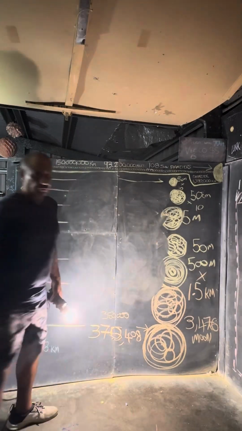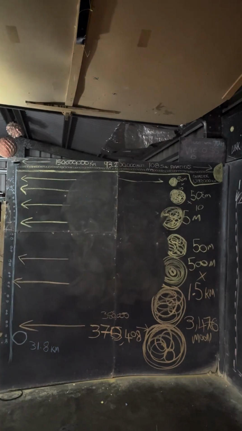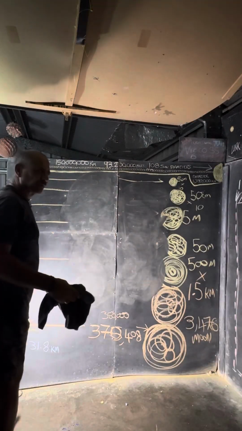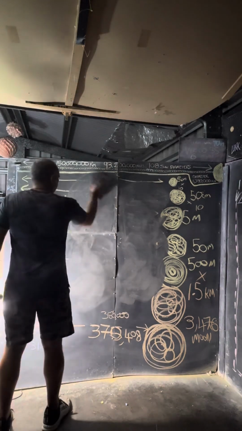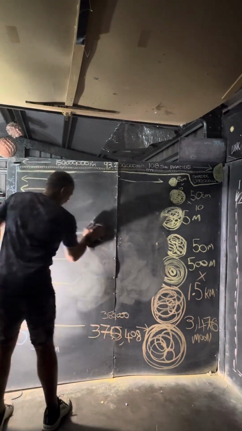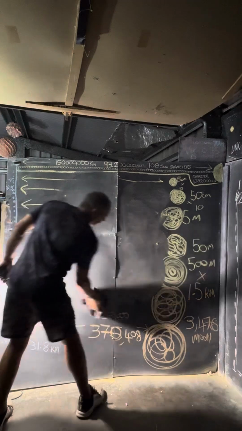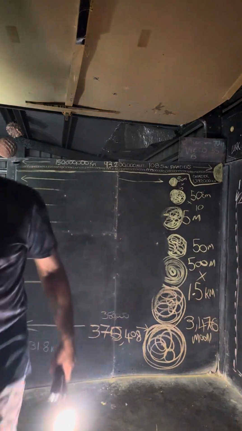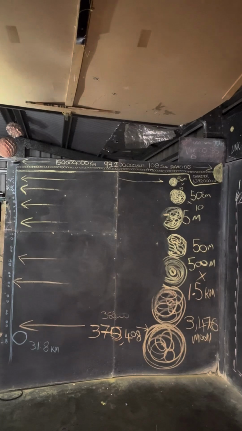It really is. It's just a lack of perspective, a lack of the big picture. It's ridiculous. UY Scuti, with a diameter of 2.37 billion kilometers,